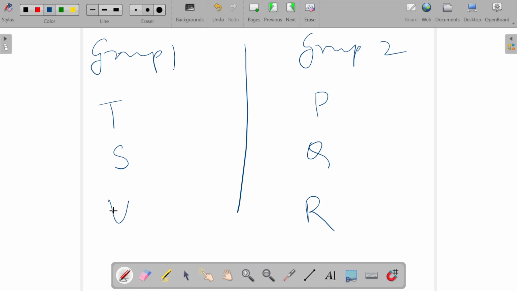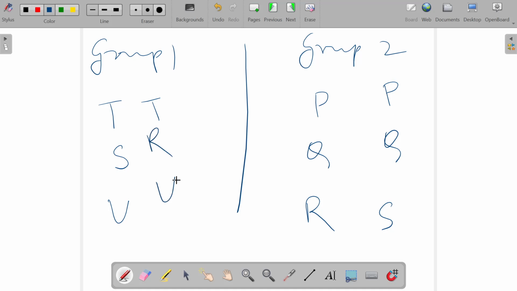P and Q are together. R is not with S. T is in group 1 and each group has 3 students. Can we make some other arrangement? Let's see. If with PQ instead of R we put here S, and in group 1 we have T, R